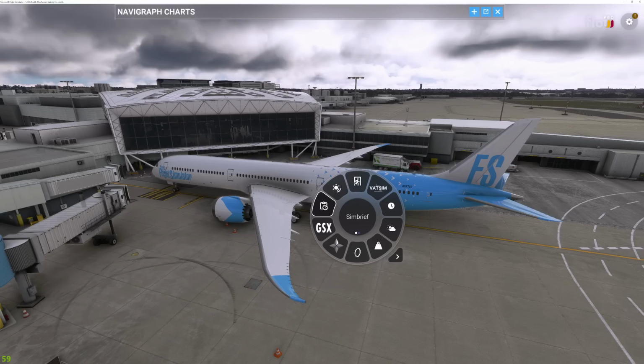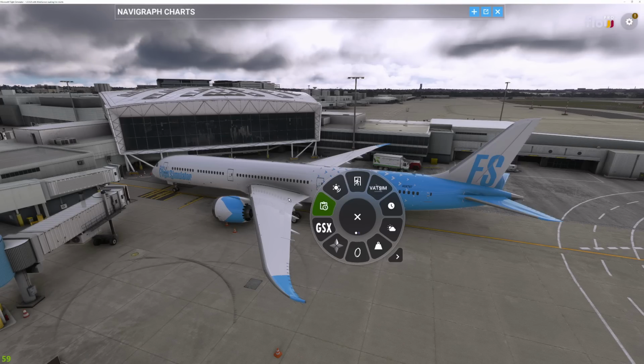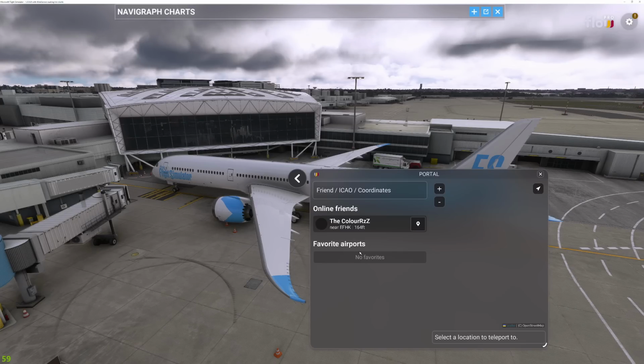I also have a Simbrief flight plan OFP looker here, so we can see the relevant essential information from our Simbrief flight plan. I use that ATR loader as well. There's all sorts of different things in here. It's really cool. Another great feature that I absolutely love within Flow is the